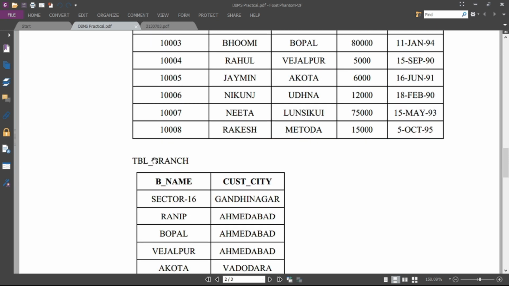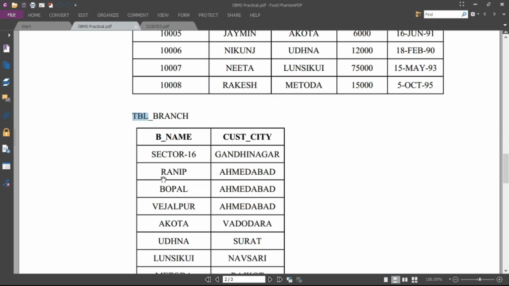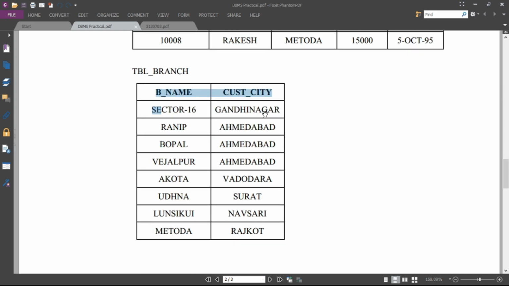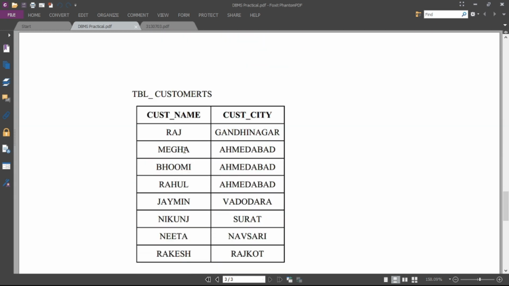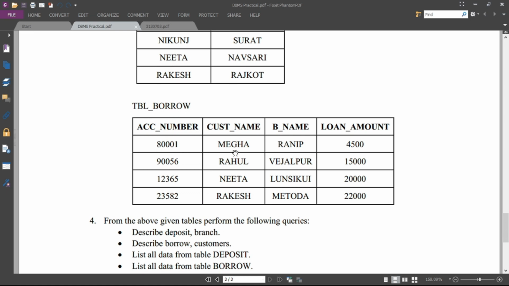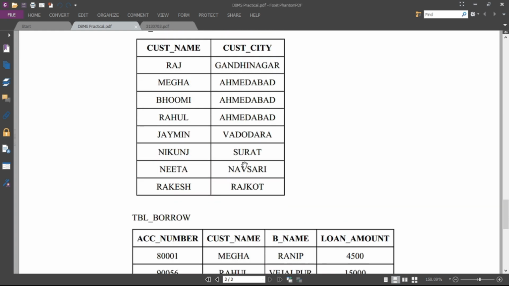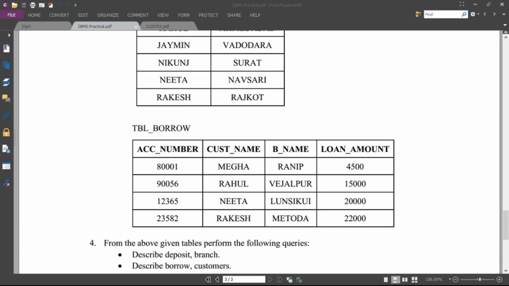Now with the help of the insert commands, we have to insert the data from table branch, table customers, and the table borrow. Okay. Now wait for some time. I have inserted all this data into the database named DB Bank.